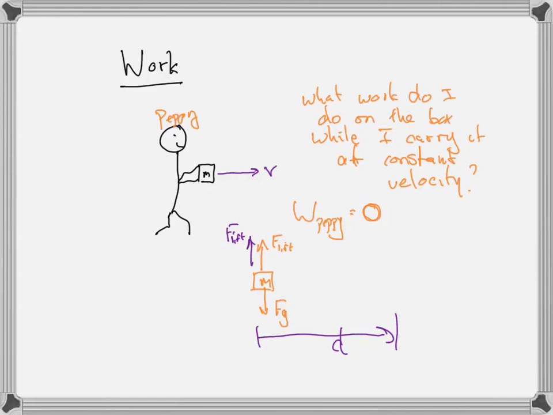What is Peppy expending energy on? And the answer is that I guess it's a he. He is not doing work on the box. When we say Peppy's expending energy, think about the biology of what's going on. Inside your body, muscles are contracting. The heart muscle is doing work to move blood through your body, right? The muscles in your arms are doing work to move the tendons, ligaments in your arms in order to keep the box up. So work is being done within Peppy's body. So Peppy is indeed expending energy, but doing no work on the box because the force is not in the